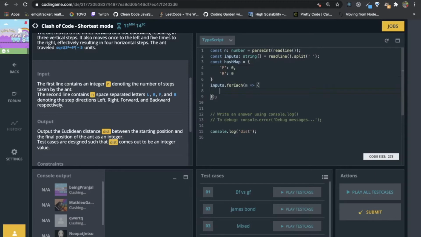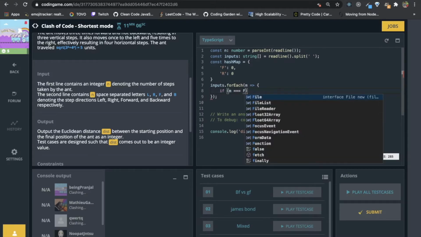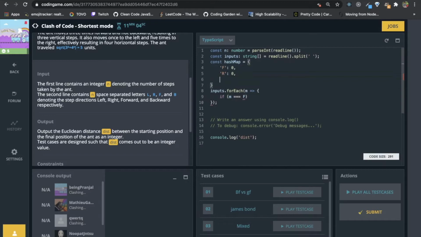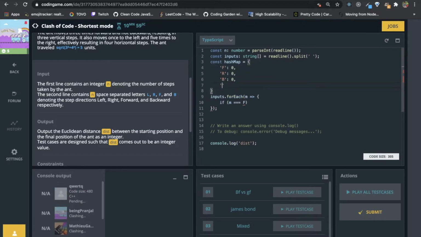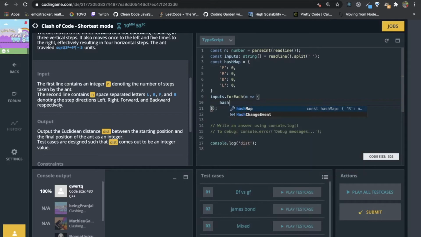And for backward it will be initially 0, and for left it will be initially 0.